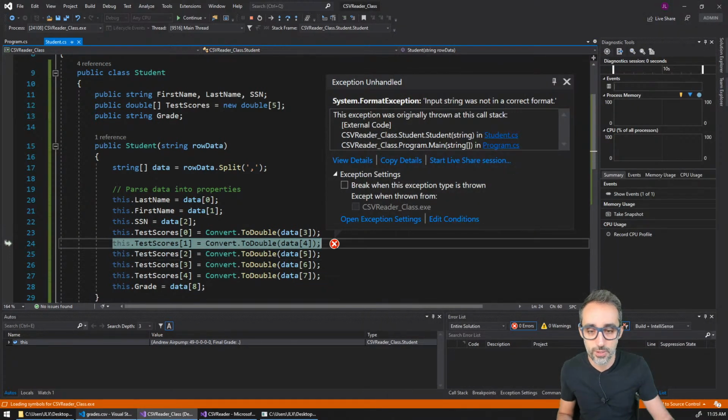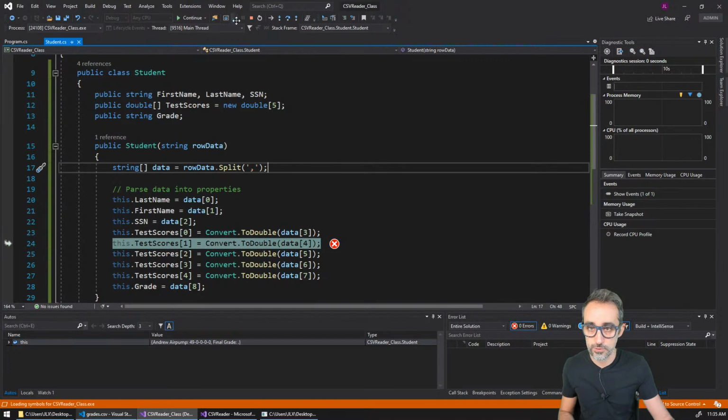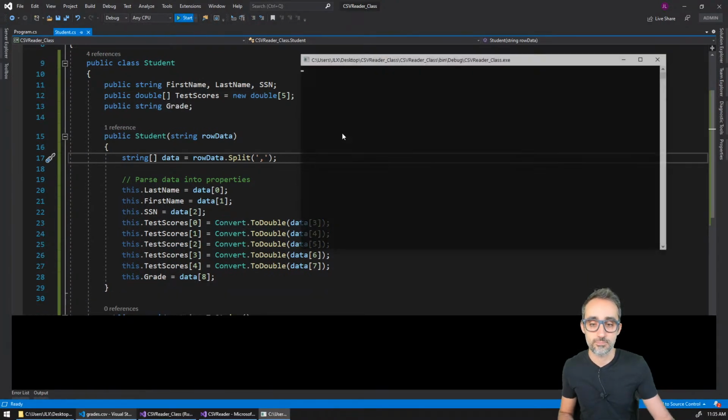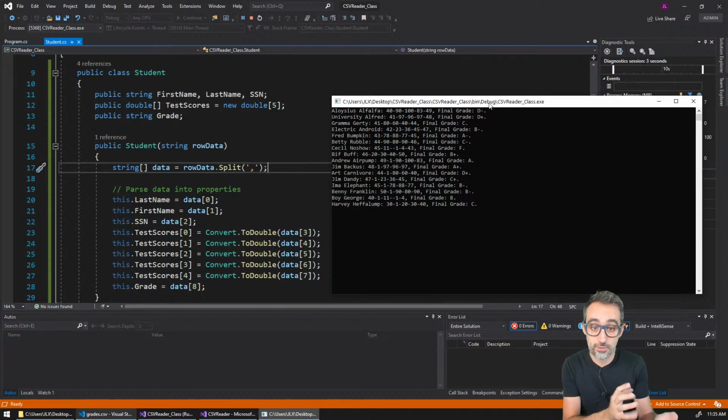So I'm going to save that file again. I'm going to stop this program and then run it again. And as I do, now you can see that I have a nice printout for each one of the data points of this